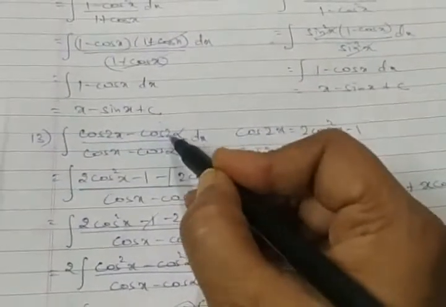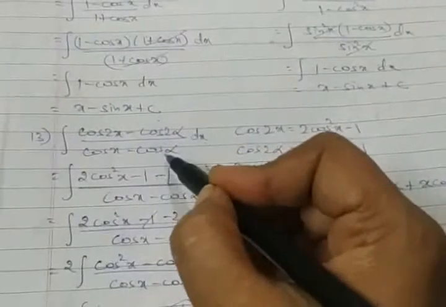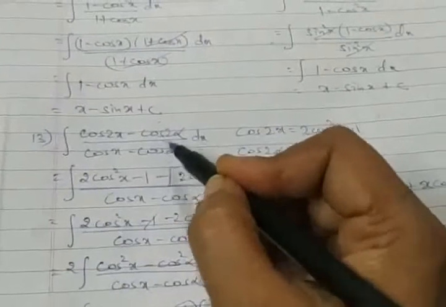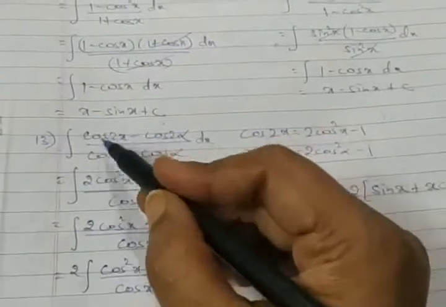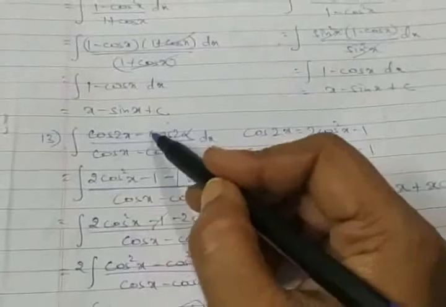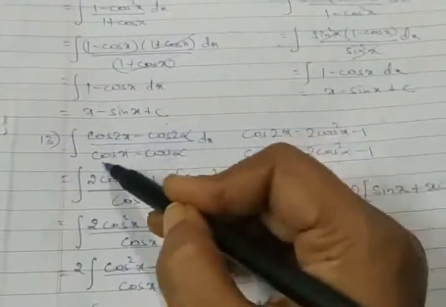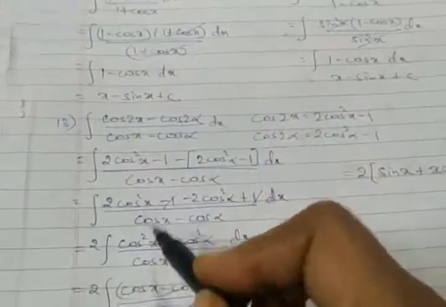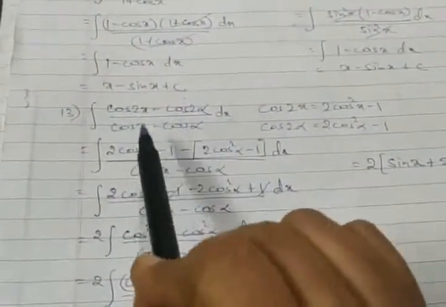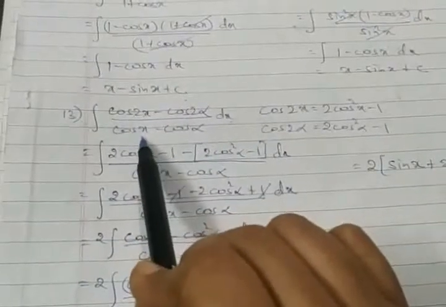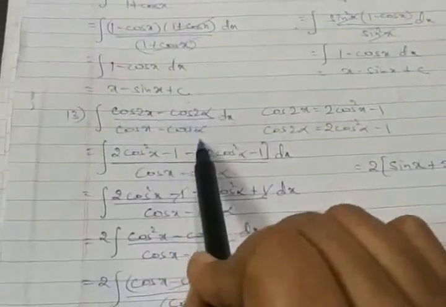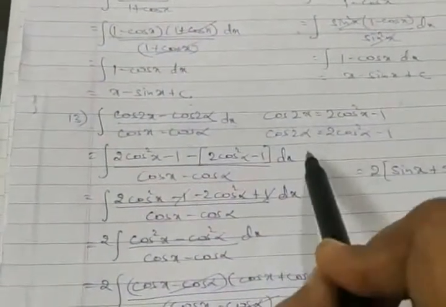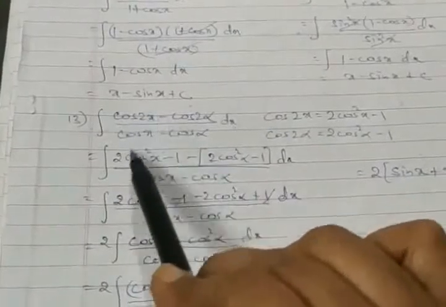This is k. This is also cos alpha, this is also k. But this k and this k are different because of the angles, 2 alpha and alpha. The range is the same. So the question I find here is integration of cos 2x minus k, denominator cos x minus k dash, isn't it? With respect to x. But looking at the angle, we know 2x can be related to x here, 2 alpha can be related to alpha here, because we have cos 2 theta as 2 cos square x minus 1. Cos 2x can be taken as 2 cos square x.